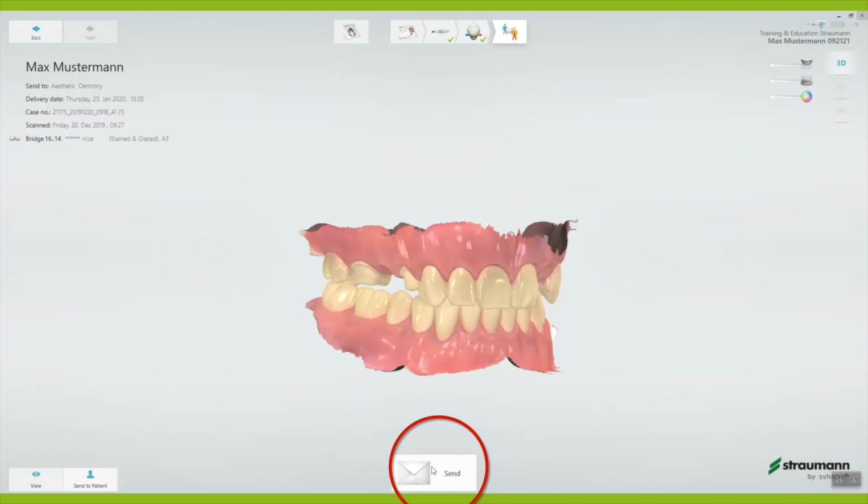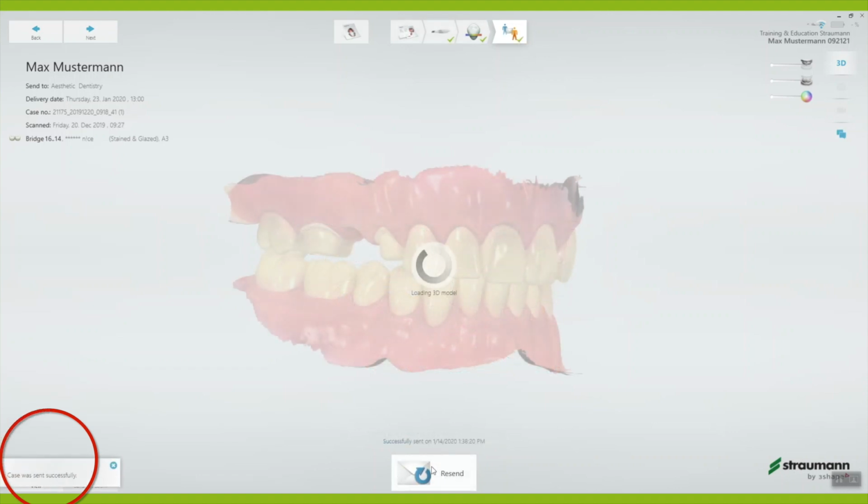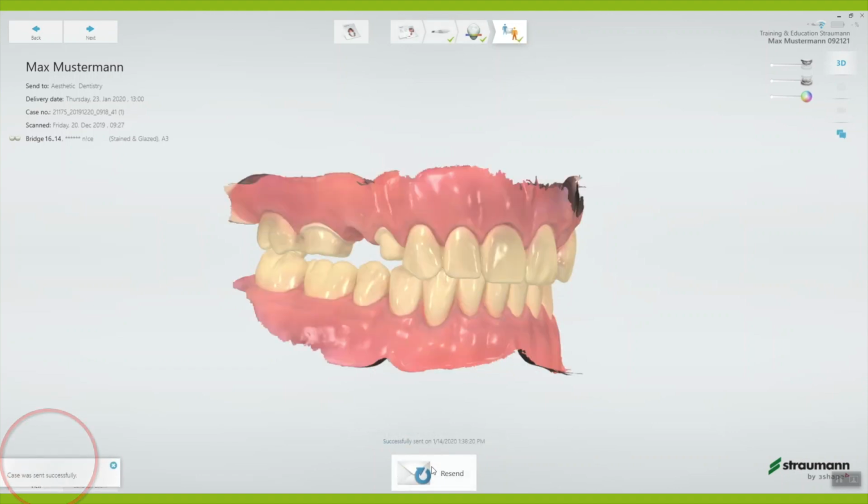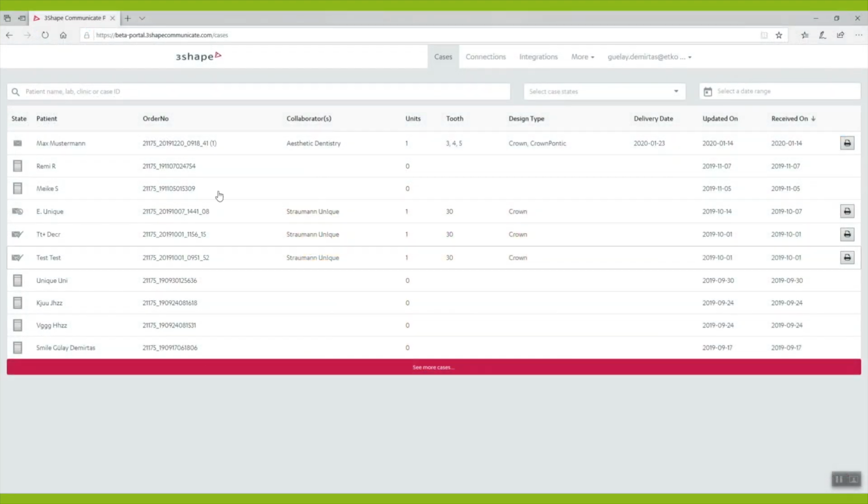When you click on Send, the case will be uploaded to the Communicate portal. You will see a short message when the case has been sent successfully. The exact time of sending will be shown. Please note that it can take up to 30 minutes until the case is showing up in the unique inbox